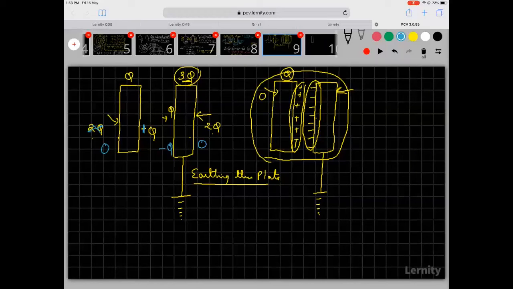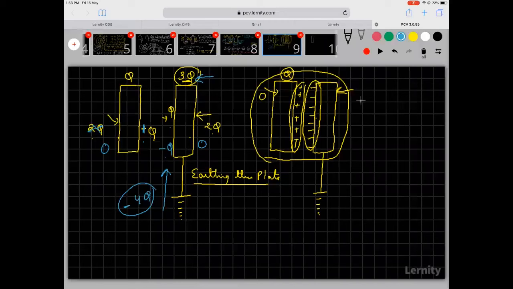Now what happened? How much charge went from the earth? Earlier there was charge 3q, now it is minus q. So do you understand that 4q went from the earth? Is this plus 4q? No, minus 4q went from the earth. So when minus 4q went from the earth, it neutralized the 3q, and because of this plus q here, another minus q came in here. Do we understand this? Can you make some notes?